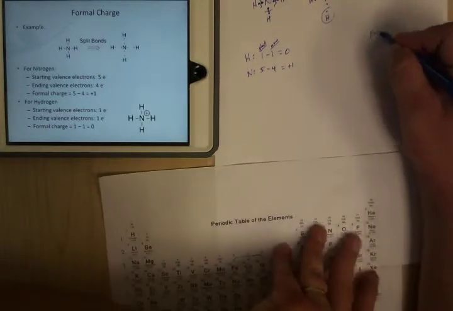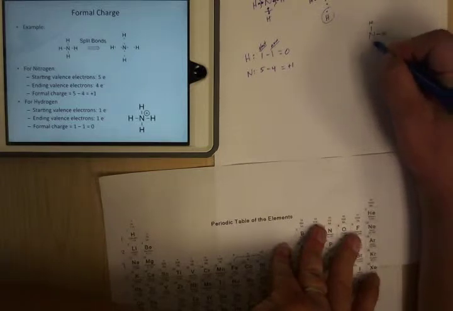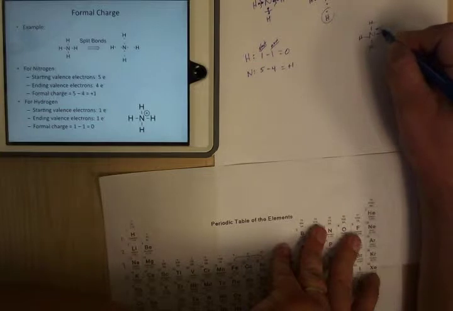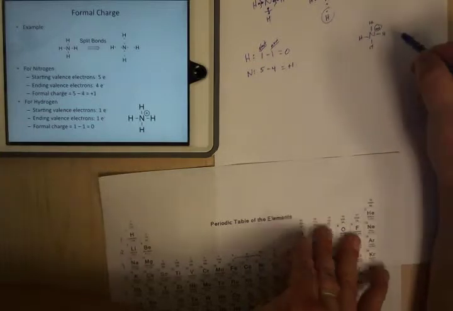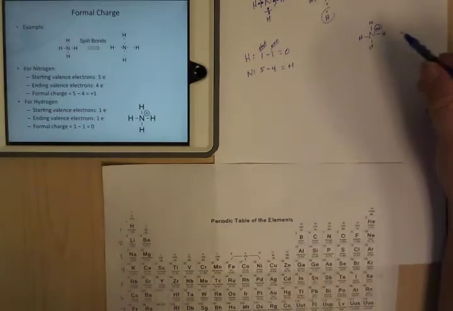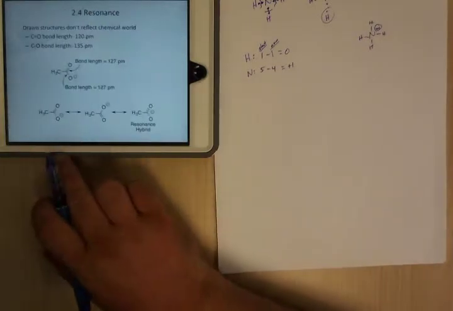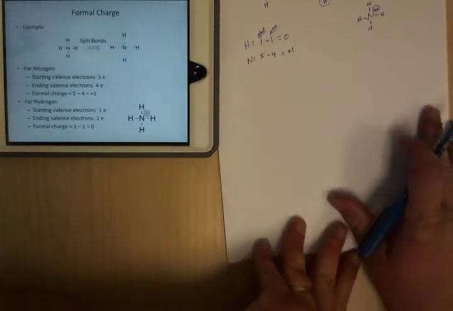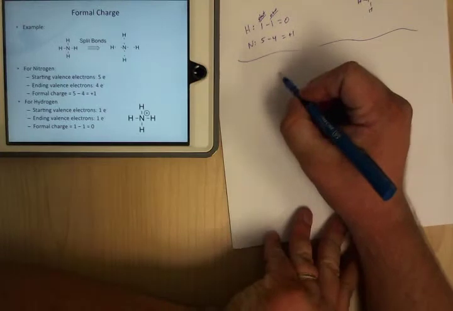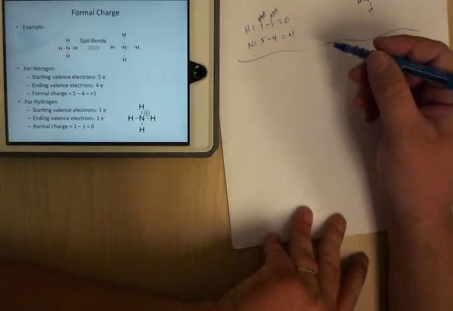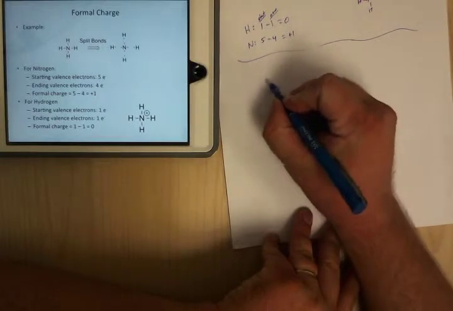The way we write this is we put a plus, in this case a plus 1, right next to that nitrogen. Okay, if we wanted to do another example here, let's say we had,